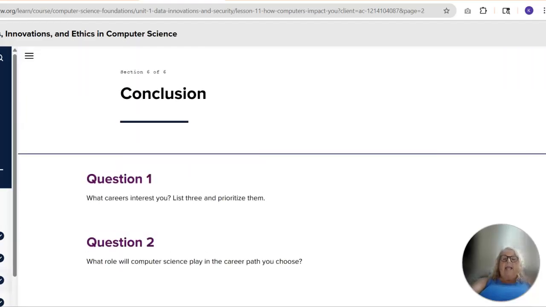Step 6 then, you answer 2 more questions in your notebook. It says what careers interest you, list 3 and prioritize them. So your first, your second, and your third choice. And then question 2 is, what role will CS play in the career path you choose? So if you have specific questions, please email me, reach out to me. I'll answer those. But yes, we are doing all of activity 1.1.1. And that's what we'll be doing on Friday of this week. I am so excited and have a